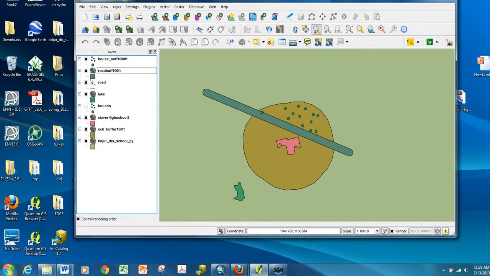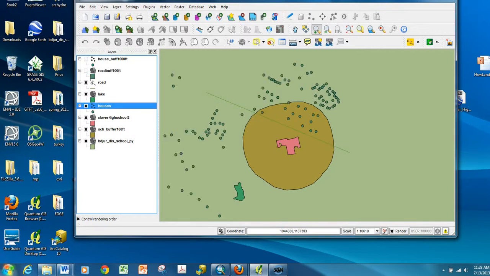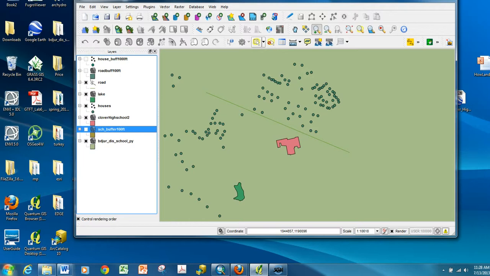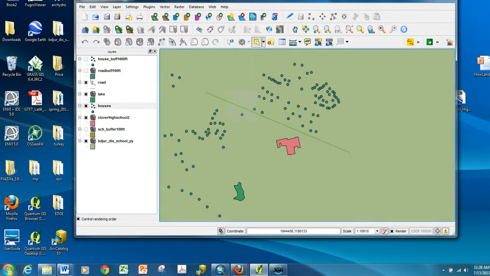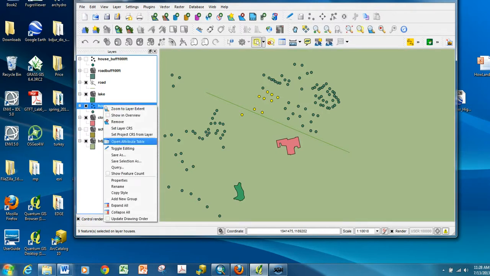And then one last geoprocessing tool is, let's say I want to buffer, let me go back to the original houses, and I really want to create a buffer on just a few houses. I'm going to turn off this buffer. I can use my selection tool, so I'm going to click on houses to make that layer active, and I want to select by a rectangle, and I'm going to create a rectangle around those houses. So those features are now selected. If I look at my attribute table,